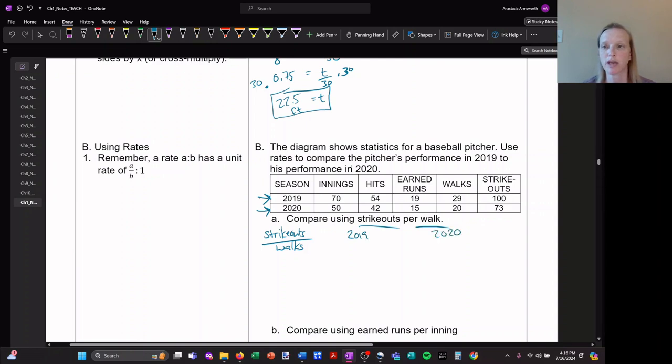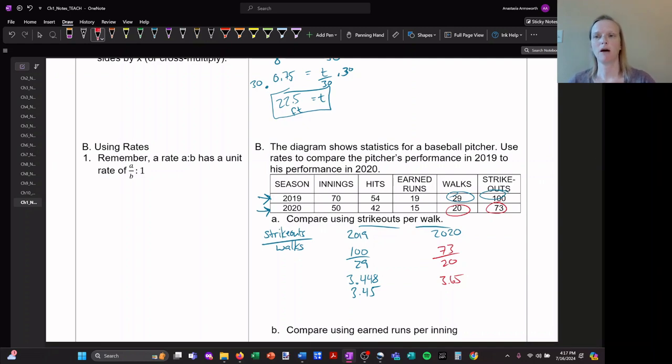So 2019 strikeouts are 100, walks are 29, so 100 over 29, and on your calculator, that's 3.448, so I'm going to round that off to 3.45. And then for 2020, I'm going to use the numbers 73 and 20. So 73 over 20, punching that into my calculator, is 3.65. So in terms of strikeouts, which are a good thing, and walks, which are a bad thing, good thing on top, bad thing on bottom, it looks like this pitcher did better